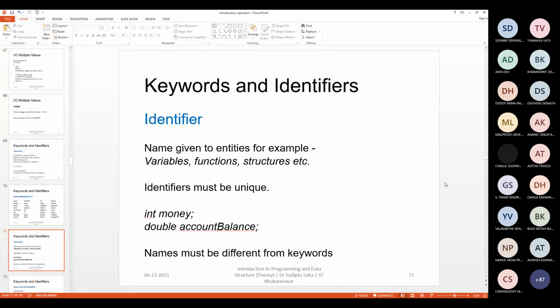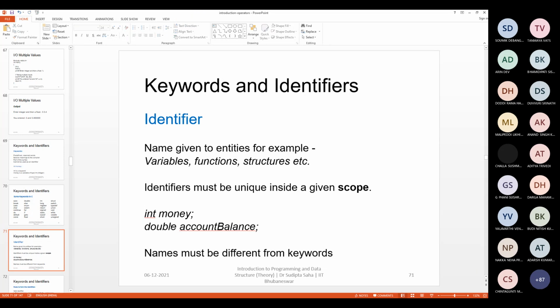Now, apart from variables, is there any other identifier? Anybody? Like variables, which have a name, right? That is called an identifier. Similarly, later you will see the concept of functions, and then the concept of structures and unions. These also will have identifiers. We'll see those things. But you should recall that an identifier must be unique inside a given scope. What is scope? This you will learn later. Within a given scope, the identifier should be unique.